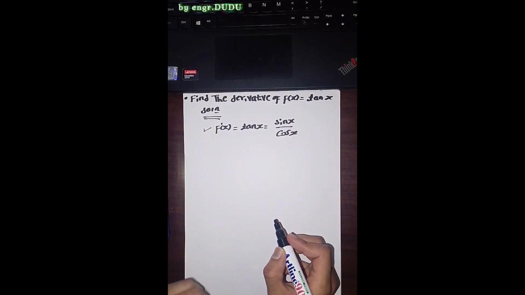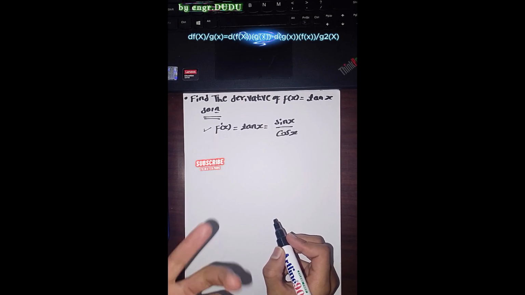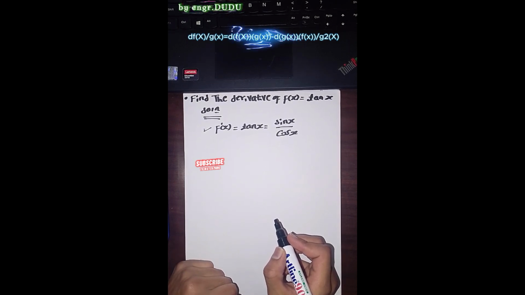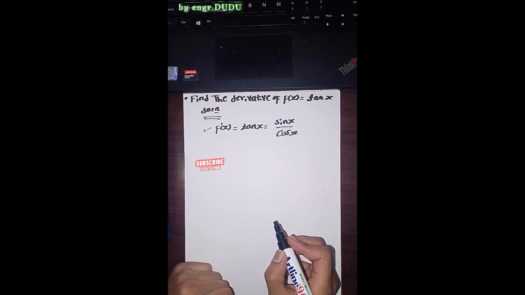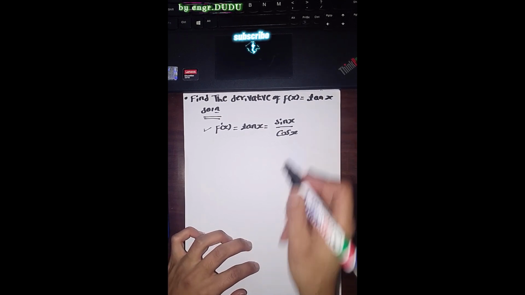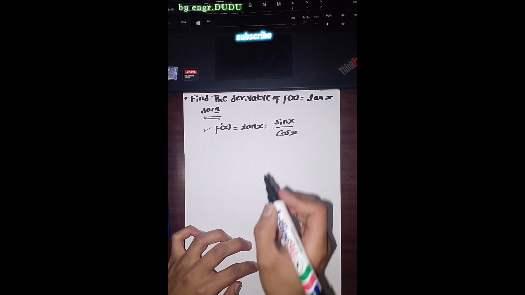Based on the division property of derivative, if f is a function and g is also a function, then f over g prime of x is equal to f prime of x times g of x minus f of x times g prime of x, over g of x the whole squared. So based on this property, the derivative of sin x over cos x means